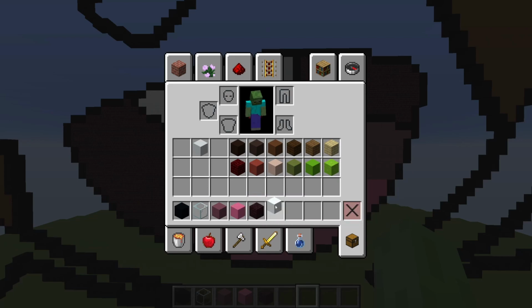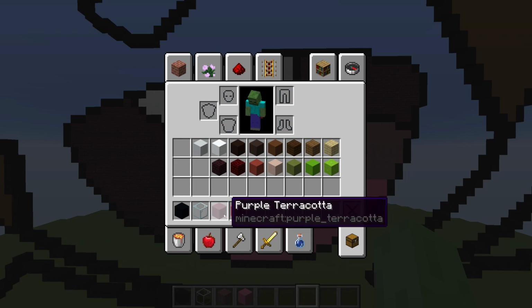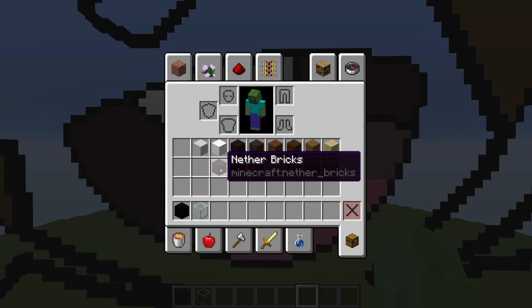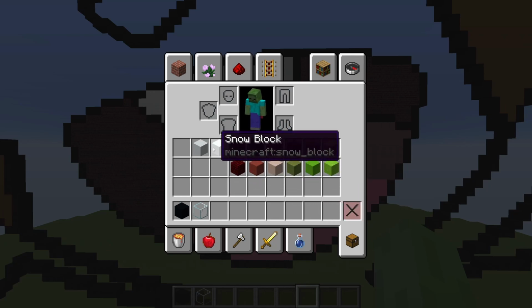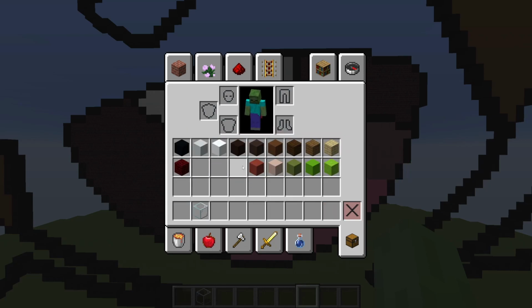So now we're going to go ahead and put all these blocks away. I'm pretty sure we're done with the nether bricks. And same thing with the pink concrete and the pink terracotta. You should go ahead and get rid of these completely. I'm pretty sure we're done with the nether bricks too. We don't need that. So yeah, I'm pretty sure those blocks are done for. So let's go ahead and make these